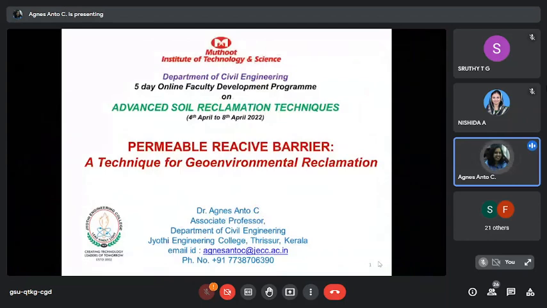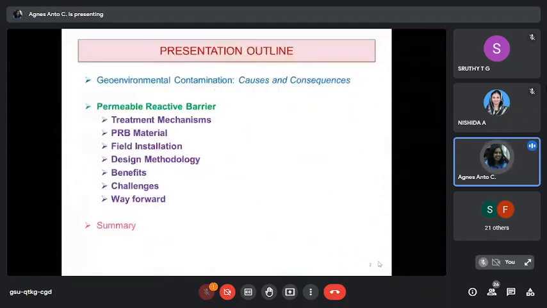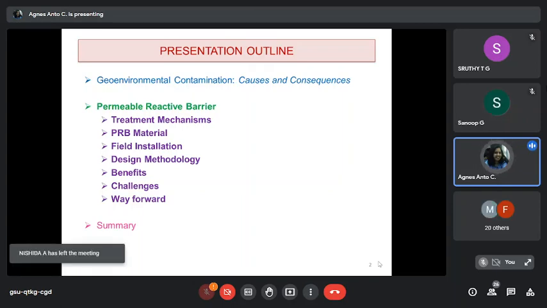So moving on to the outline of my presentation, I'll give a very small understanding of what is geoenvironment, the contamination of geoenvironment, its causes and consequences, and we'll be moving directly to the main theme of the presentation, which is permeable reactive barrier, in which I'll be covering the treatment mechanisms involved, what kind of material you have to select for a PRB, how you install it in the field,